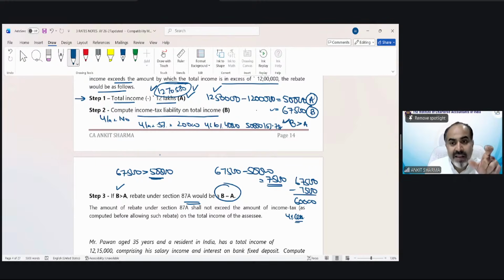So in the examination, suppose the income given is 12 lakh 80,000. You will not waste your time calculating the rebate. You can directly write down, no rebate applicable. If the income given is 12 lakh 65,000, then you know, yes, rebate would be applicable, so you will spend your time calculating the rebate. This has been found out like this. It has not been given in the study material, nor in the Act, but I have calculated it for your help. It will save your time in the examination.